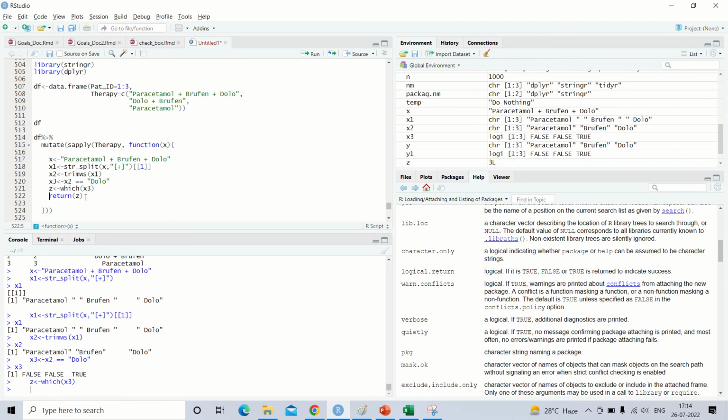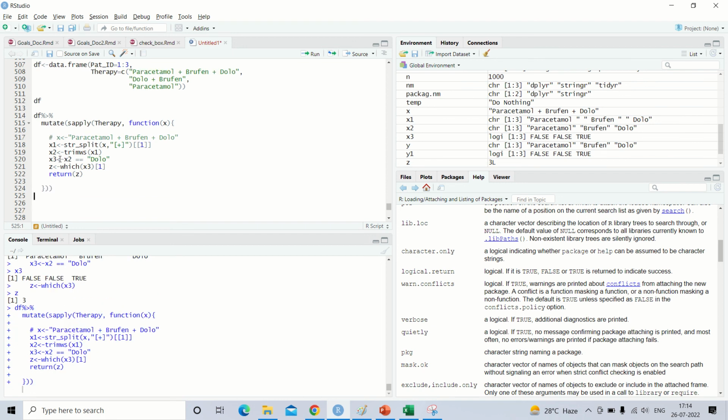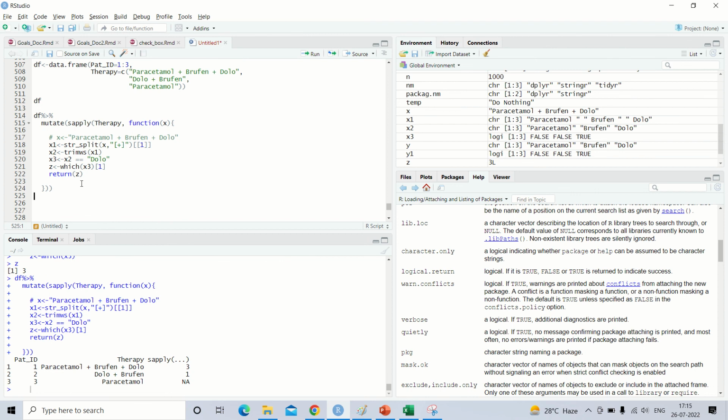Now I want to return the matched position, which is 3. So the third line of therapy is your dolo. Now if there are multiple therapies where dolo has been taken, we want to get the first such one, so we'll just take the first. Now let me comment this out, and let me name it dolo